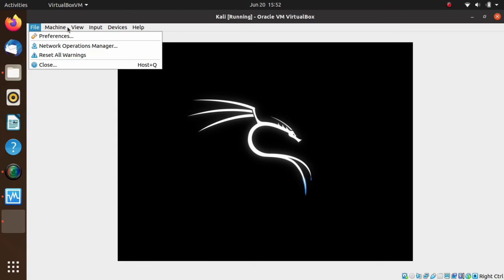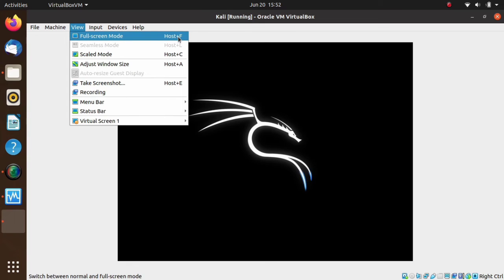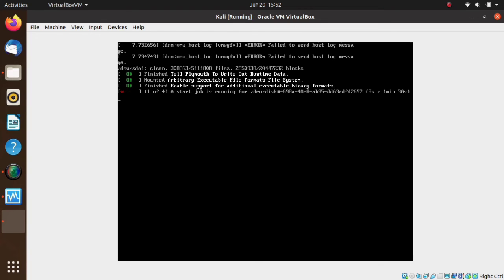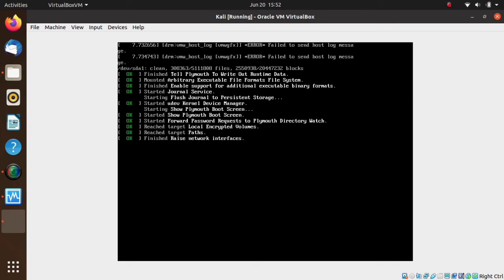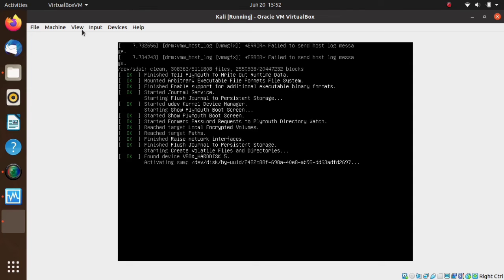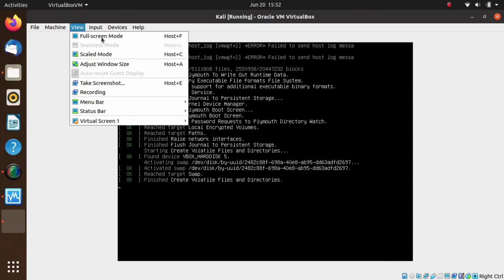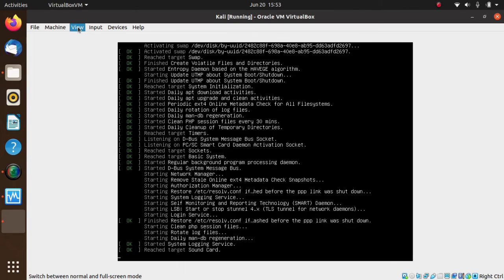We can choose full screen mode from view or scaled mode. If we choose full screen mode, then the VirtualBox will go full screen, and if we choose the scaled mode, then the Kali will go full screen. Okay, now